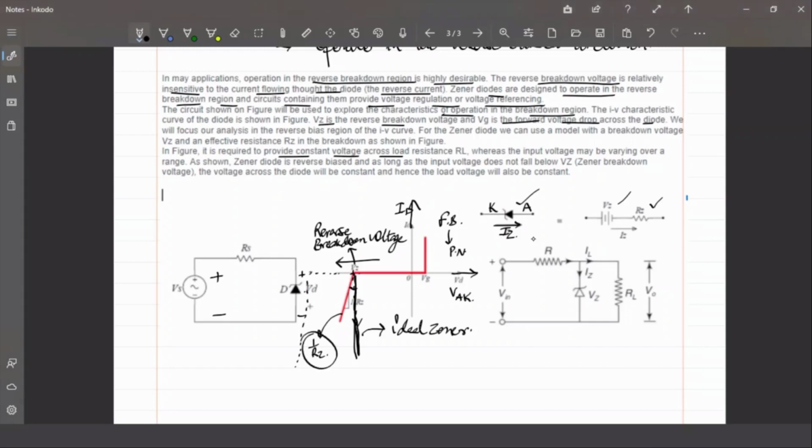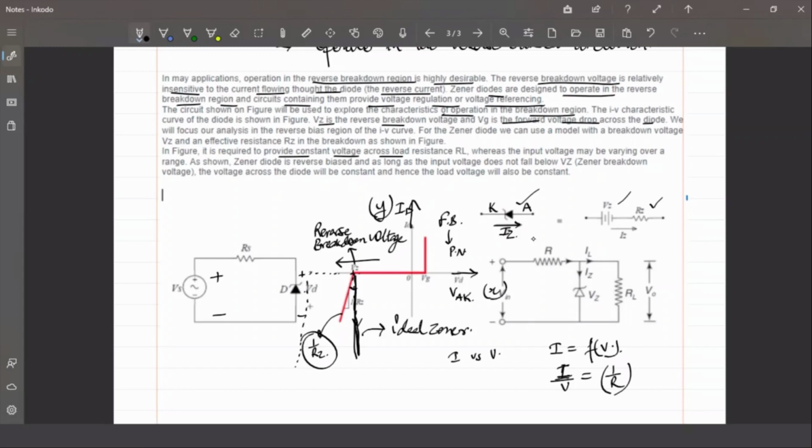Why? Because this is your graph of current versus voltage. That means I is a function of V here. If I say I divided by V, that is nothing but the inverse of the resistance. That is why the slope here, y divided by x, because this is the y-axis and this is the x-axis, the slope of this line has to represent the inverse of resistance, 1 by R.